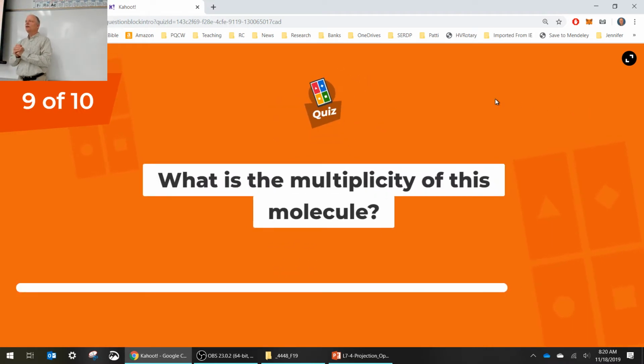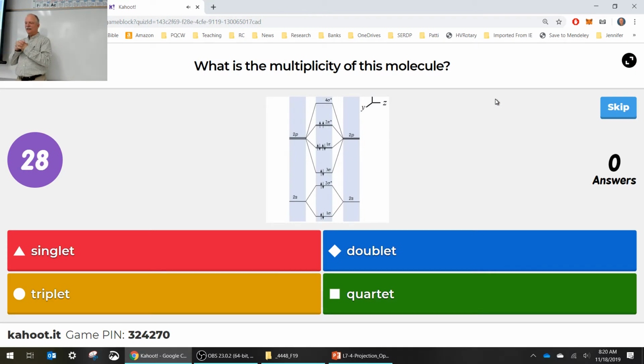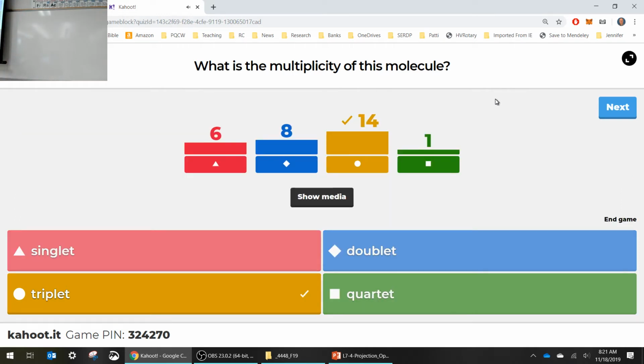What's the multiplicity of this molecule? Same molecule. What's the multiplicity? So 2 unpaired electrons. What's the net spin? Each of those has a 1/2. Yeah, what a spread that is. Okay, so 2 unpaired electrons, the net spin, you add up the unpaired electrons, so it's 1/2 plus 1/2 gives